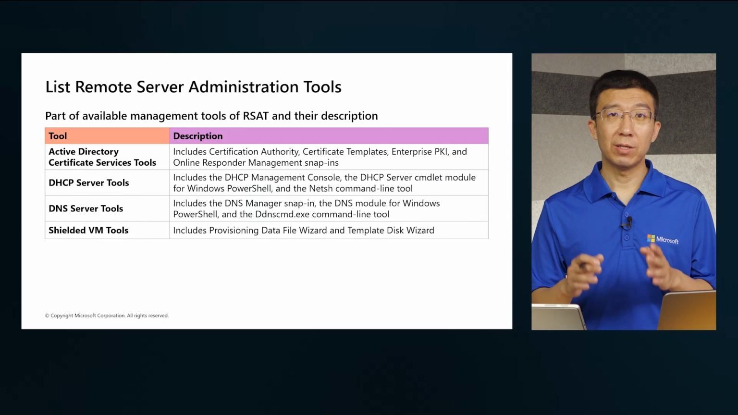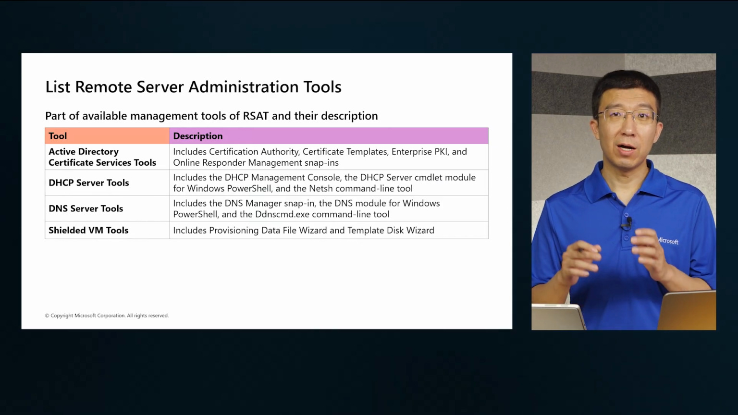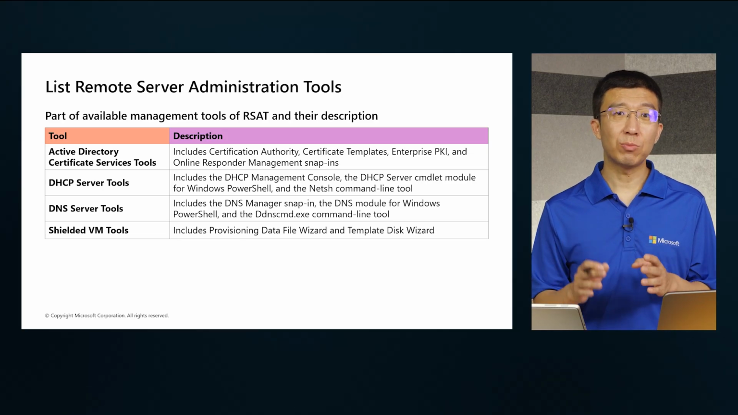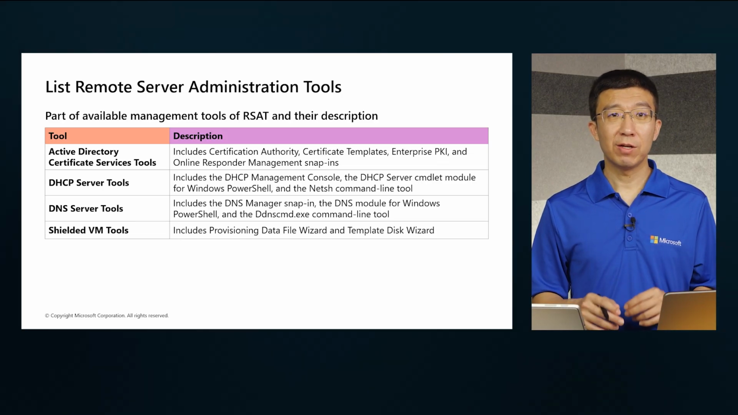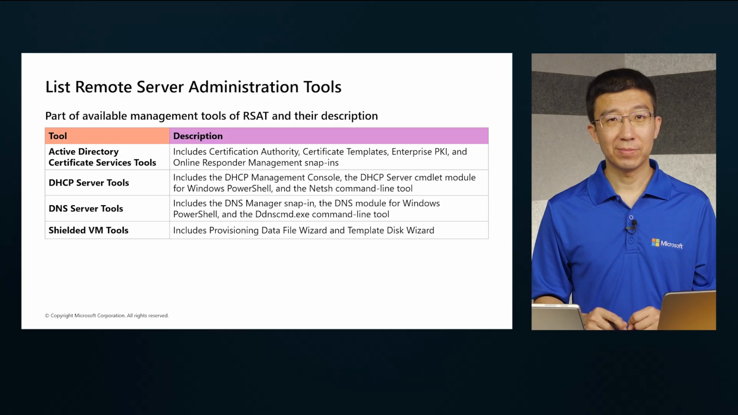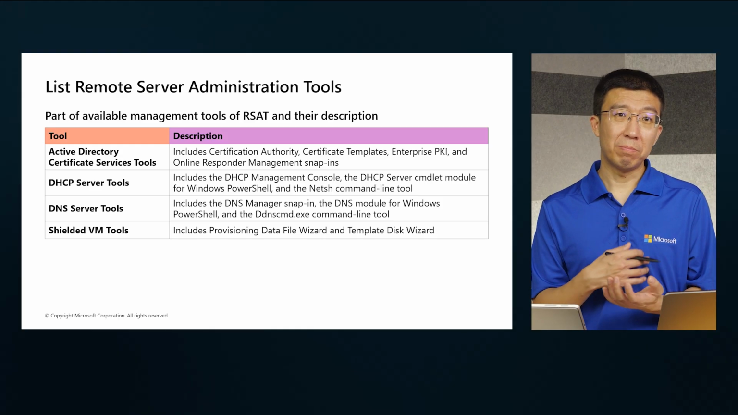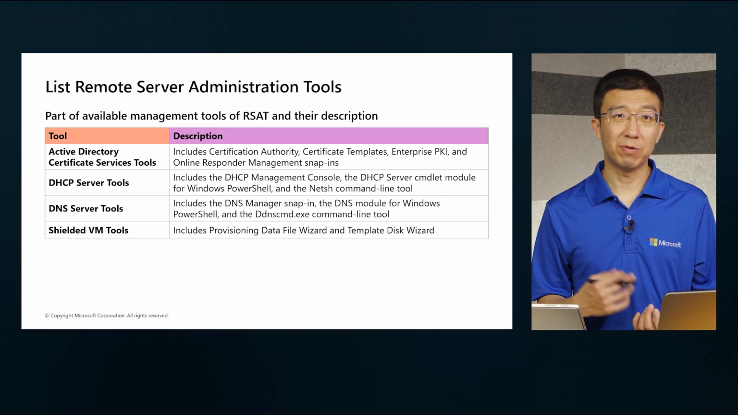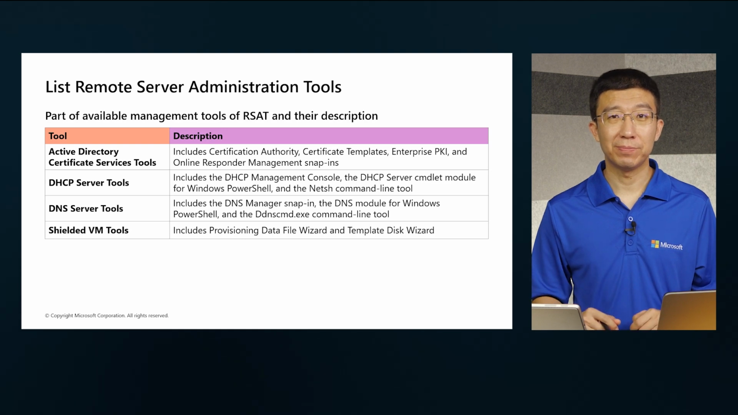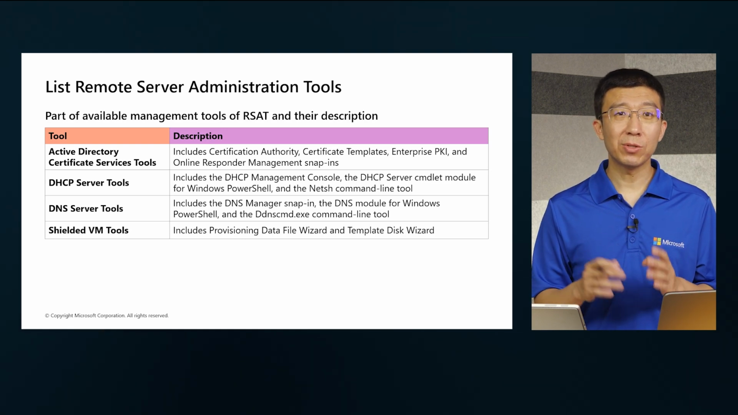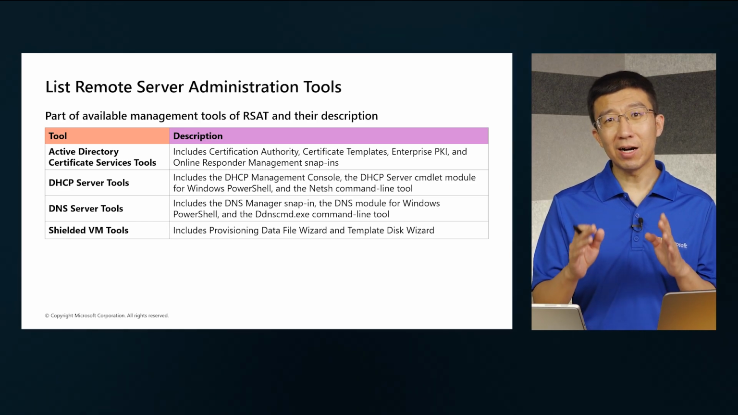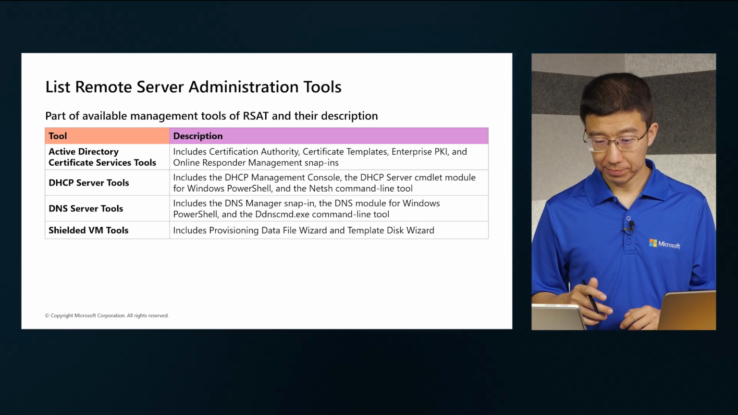Remote Server Administration Tools, or RSAT, are a collection of tools that let you manage Windows Server roles and features from a Windows client. RSAT consoles were the primary graphical tools for Windows Server before Windows Admin Center, and they are still widely used for specific tasks. Some key RSAT tools include